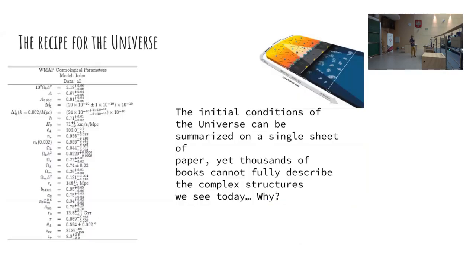Okay, so we start with the recipe of the universe. We have the standard model of cosmology, of course, that we love or hate and despise. I think we should be very proud of it. It's a huge achievement of humankind that, knowing all the laws of physics we know, plus a few simple numbers, parameters, we can build a model of the whole universe and its history. And it's actually a very successful model, right? It passes a tremendous amount of observational tests. Nonetheless, of course, there are cracks